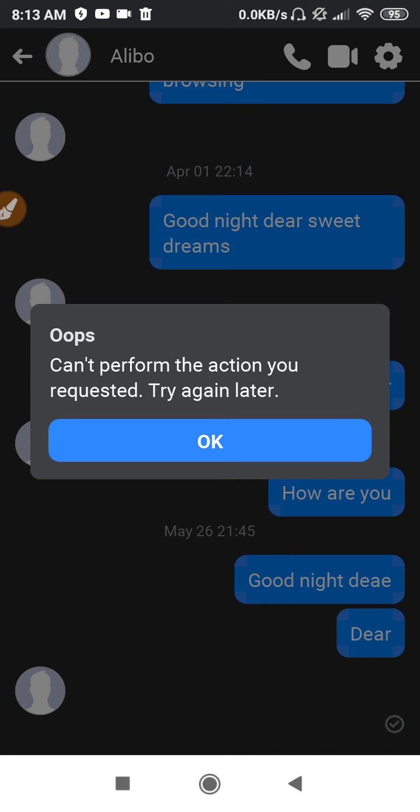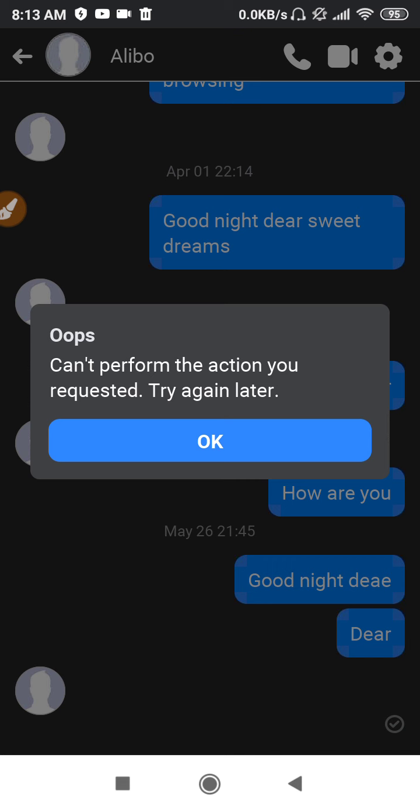The first reason is a block. If someone has blocked you, you will get this problem. The second reason is if someone is having a problem in their account, like Facebook has disabled their account. Then this problem is going to occur. The third reason is if someone has deactivated their account. Even in that case you will get this kind of error.